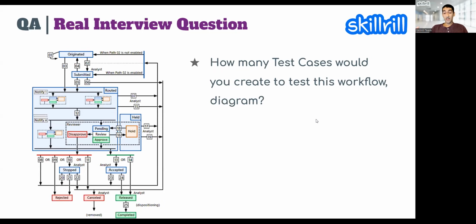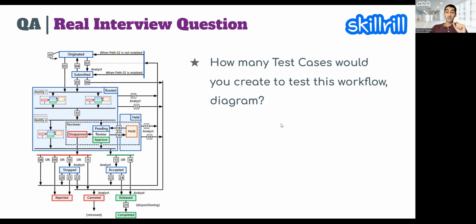Because you can have 1,000 test cases, 500 test cases, but if you're not testing all of the requirements, if your coverage is still below 100%, and I just introduced you to another term here, coverage, right? Requirement coverage. That means, are you actually testing all of the requirements that were in scope? Or maybe you're missing some of the requirements. Maybe you created 500 duplicate test cases and they're just useless. So the count doesn't matter. What matters is the coverage, right?